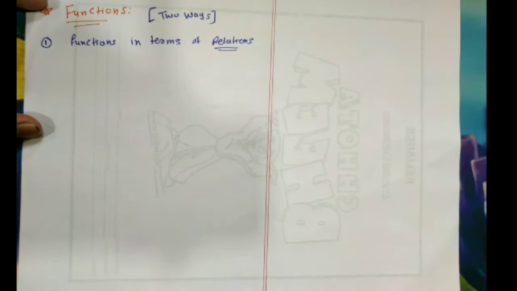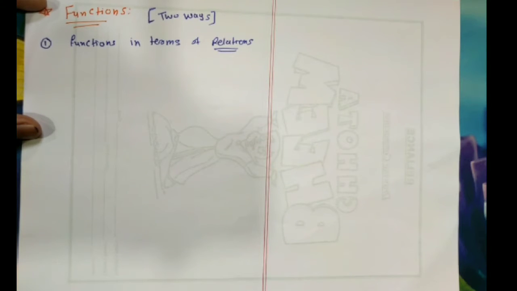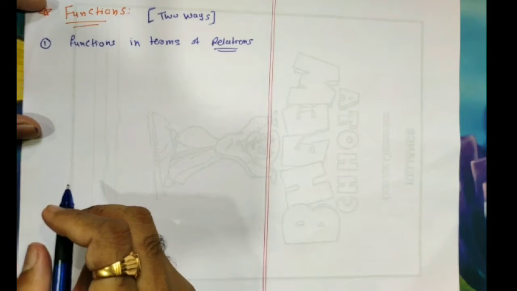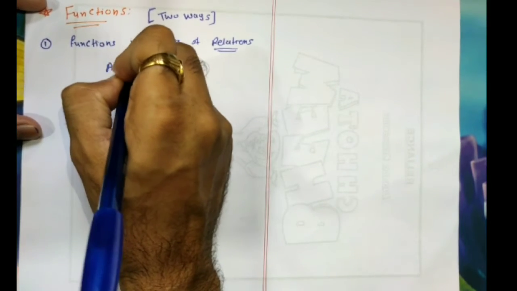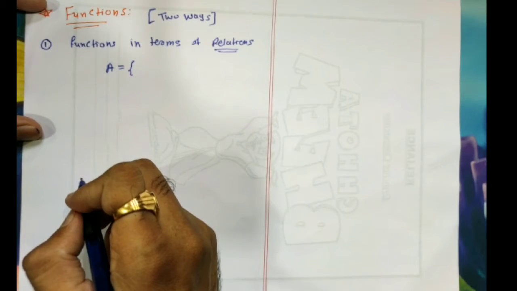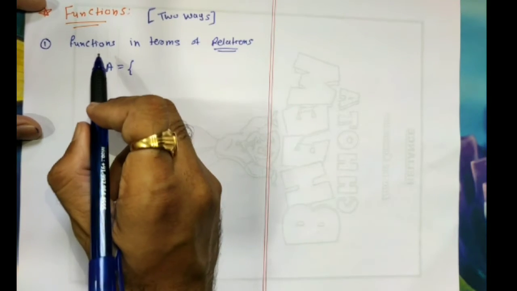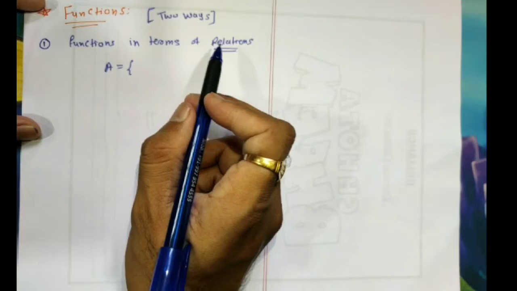We have discussed relation. All of you have a clear concept of relations. Function is nothing but a special type of relation. Students who know the concept of relation will understand these functions very easily. In the concept of relations, we considered two sets, set A and set B. We are revising our concept of relation, and then we'll derive the definition of function from this relation. So let me again start with the relation.